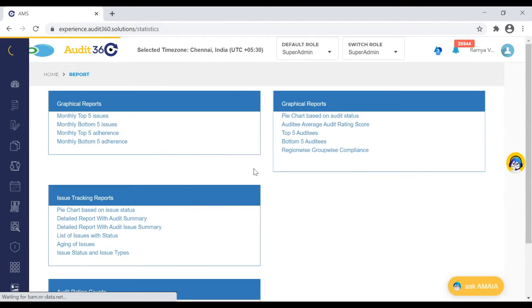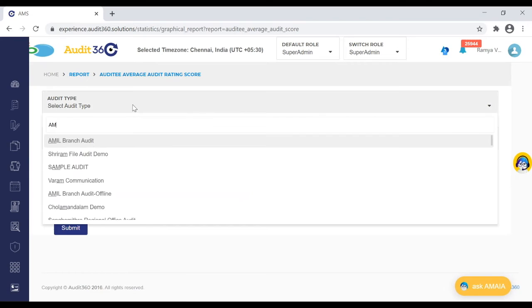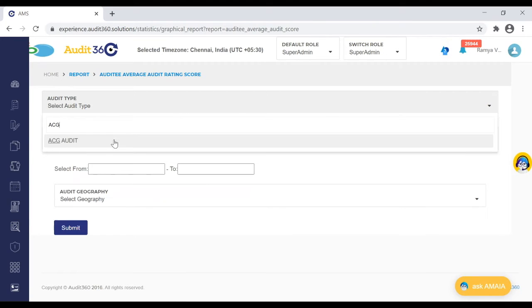Now let's move to the next section. Next is the audit rating and audit rating score. Just select the audit type.